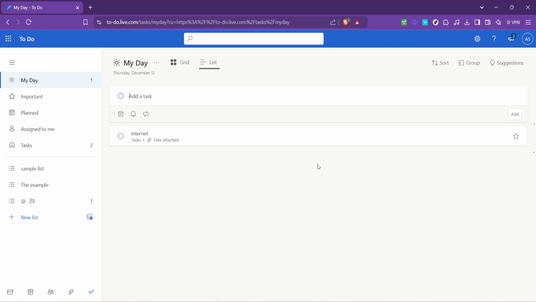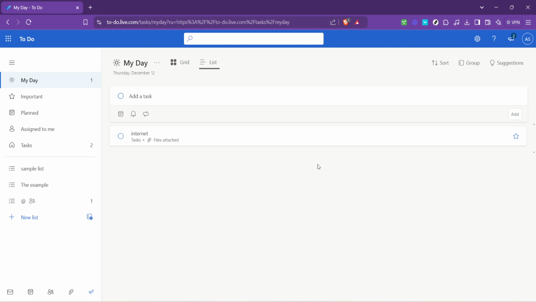As you enter your email, embrace the sense of anticipation. You're about to unlock a synergy between Outlook and To Do that will elevate your task management game. After entering your email, click on Next. This takes you close to bridging the gap between your email and task list. The next screens will guide you through the usual sign-in process, including password entry and any two-factor authentication you have set up. Microsoft prides itself on security, ensuring your tasks and emails stay private and accessible only to you.